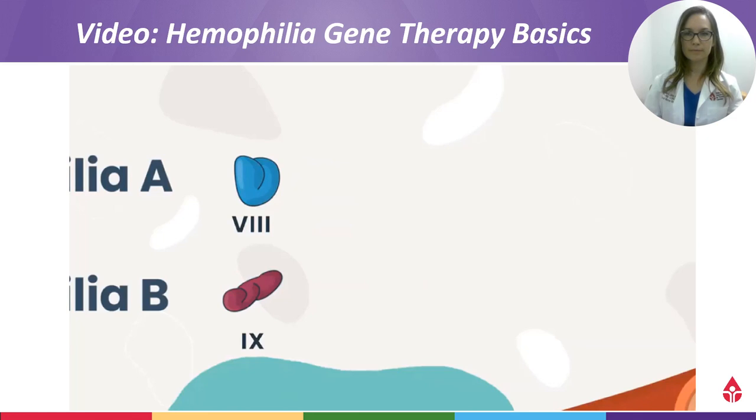Trials are currently being conducted in eligible adults with hemophilia. This helps to avoid the beneficial effects. The most common